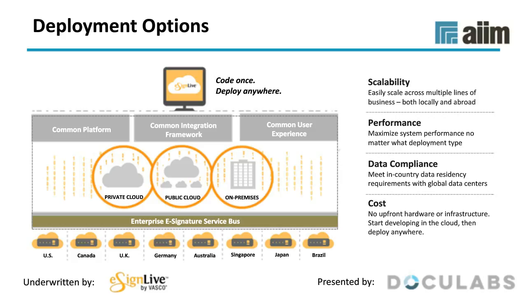The great thing about SaaS, software as a service, is that you can literally get up and running immediately with little to no IT involvement. So if speed to market or costs are a concern for you or your company, then the cloud is a great option. Now, on-premises is the choice for customers that are looking for maximum flexibility and control and that have the resources to install and run the software behind their firewall.